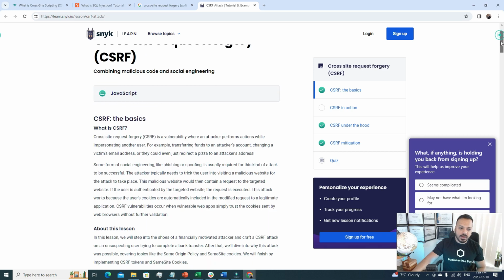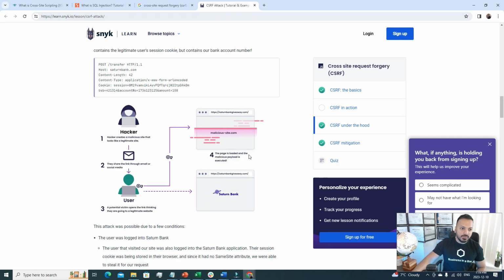So here we're going to look into the diagram, like how it actually happens. There are 3 steps that we need to look at closely. The first one is that the hacker creates a malicious site that looks like a legitimate site. So he or she is creating a fake website that looks similar to the main website. The second step is that they share the link through email or social media. So here they're doing some sort of social engineering. They are sending emails in bulk, so that when people see these links, they just click them. And the third step, a potential victim opens the link thinking they are going to the legitimate website,